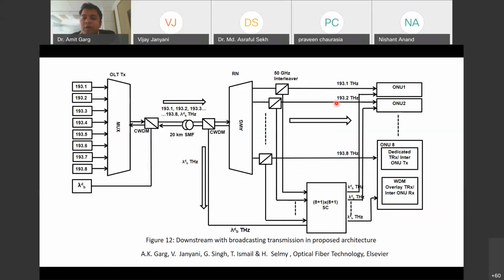There is no efficient resource utilization, but definitely this architecture is useful at dedicated rates. Definitely this architecture has one advantage, that is to broadcast the data on the WDM overlay wavelength. But there is no way in this architecture that we can transmit in hybrid TWDM fashion.